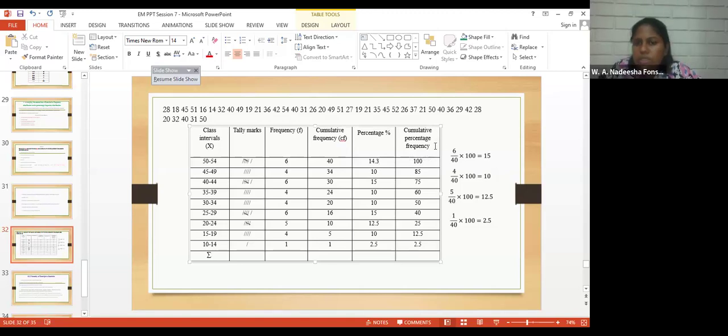So that is why the cumulative percentage is most probably 100. Sometimes there may be nearly 100 values. 99.3 means nearly 100. Because of this, when we calculate the percentage of frequency,